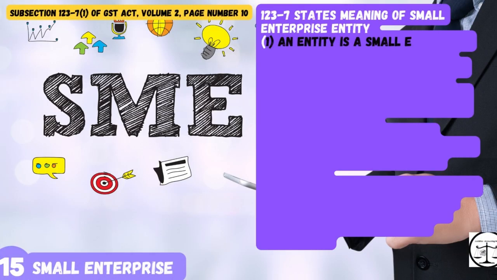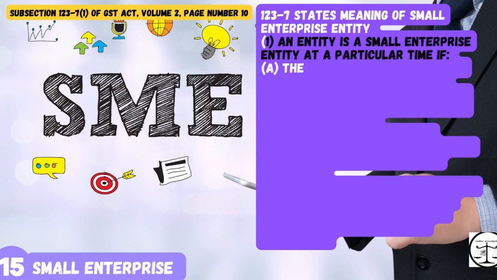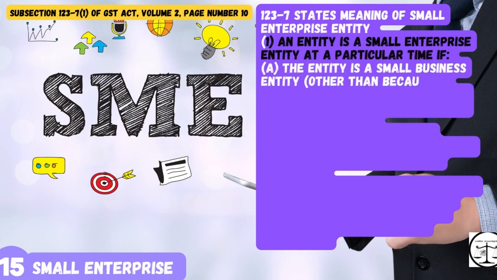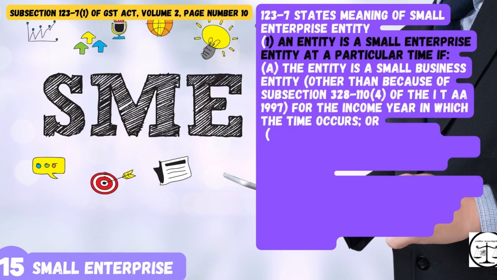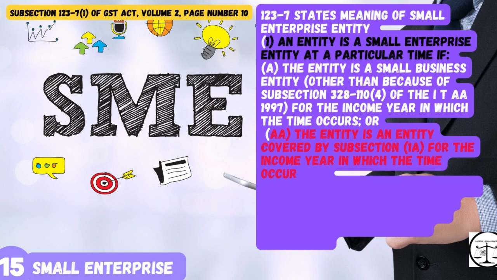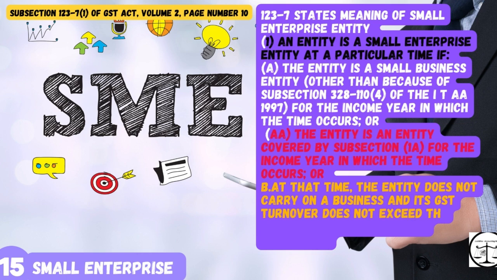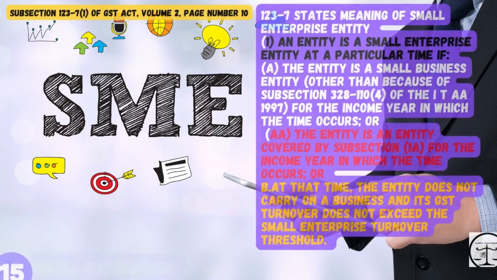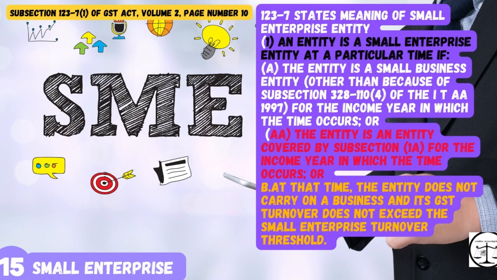123-7 states meaning of small enterprise entity. 1. An entity is a small enterprise entity at a particular time if a. The entity is a small business entity, other than because of subsection 328-110(4) of the ITAA 1997, for the income year in which the time occurs, or a. The entity is an entity covered by subsection 1a, for the income year in which the time occurs, or b. At that time, the entity does not carry on a business, and its GST turnover does not exceed the small